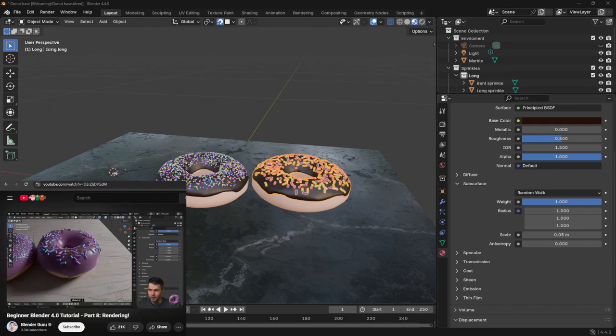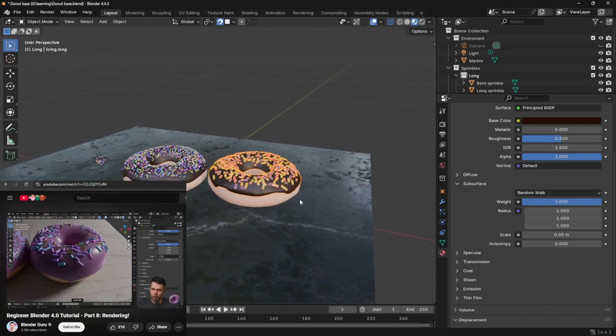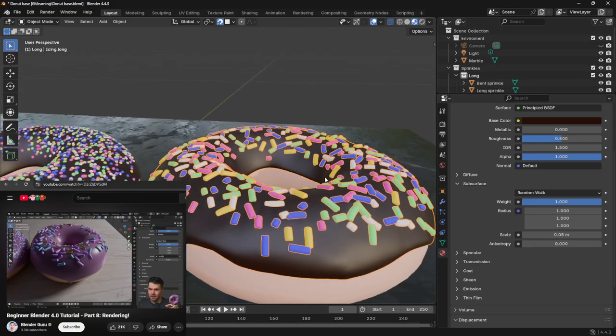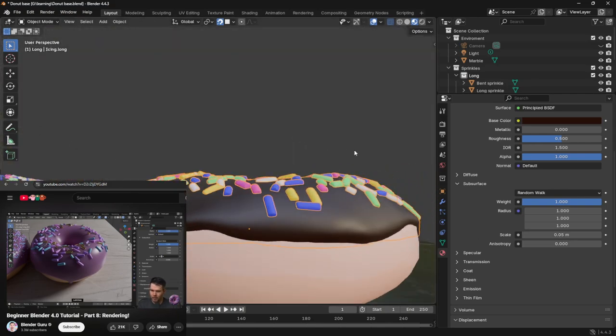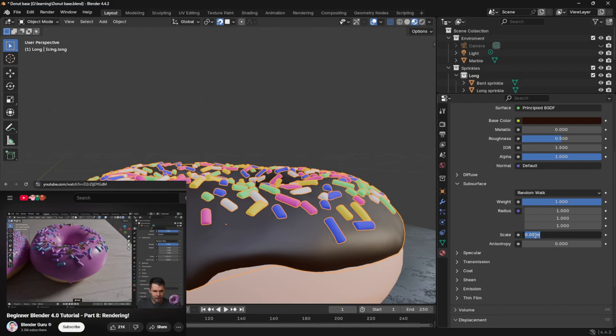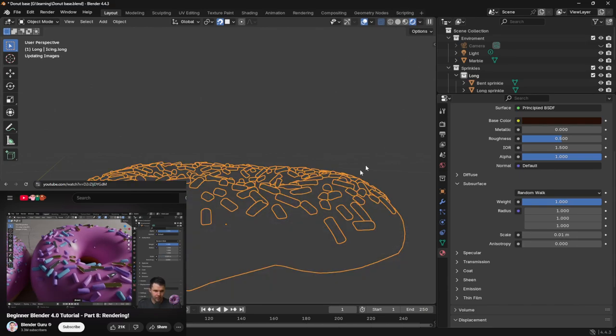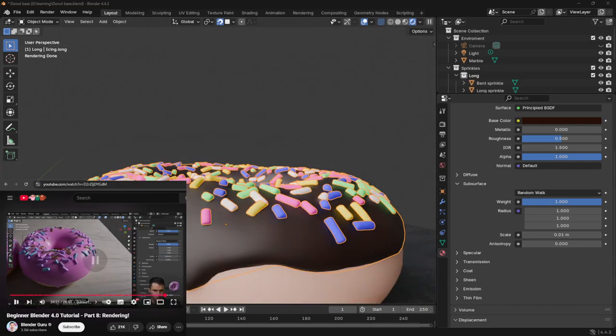So now it's closer to the material, still looks weird, and that's because the scale of this is wrong. It's saying that the thickness of the object is 5 centimeters, but this icing is not that. So let's make this 0.01, and now you can see it looks a lot closer. It's still a little dark, because I think it's not 1 centimeter thick, so let's go 0.005. And now we can see it's pretty close to